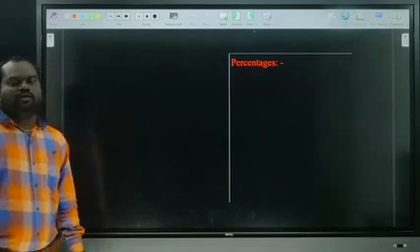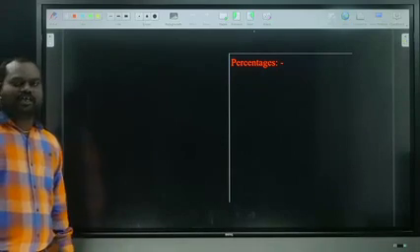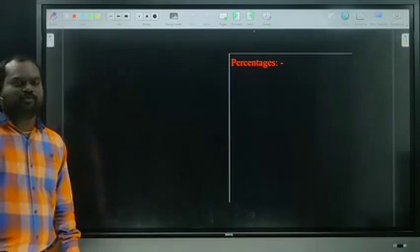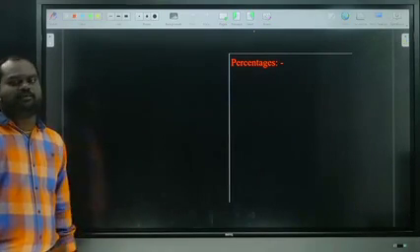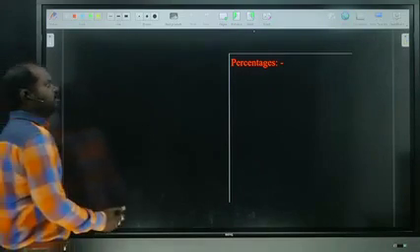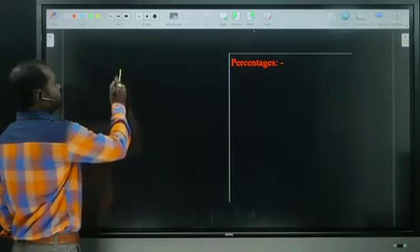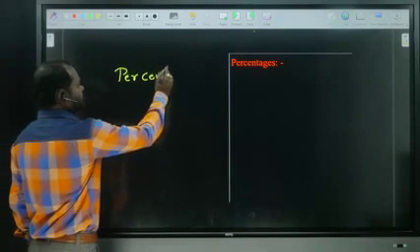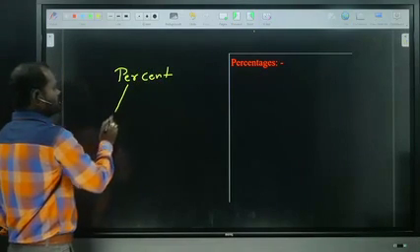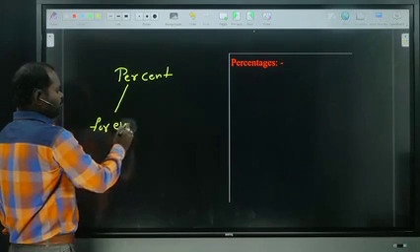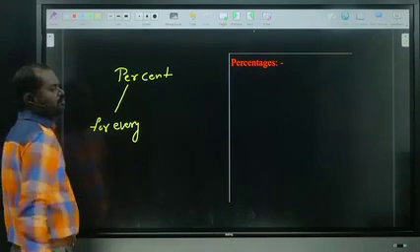Now today we are discussing percentage concepts. Sometimes we get questions in simplifications based on percentage concepts. So basically, the word percent means: per means for every,